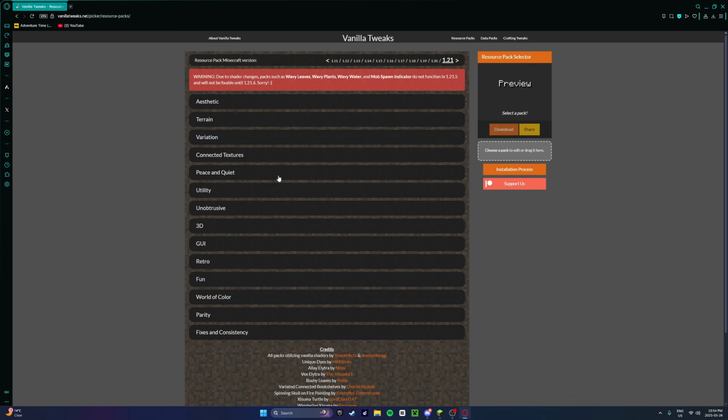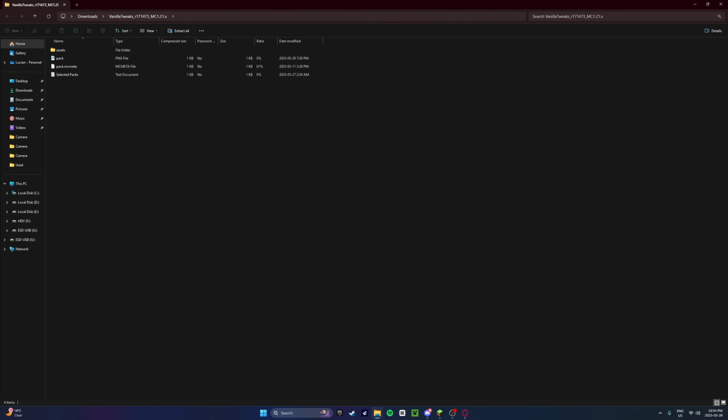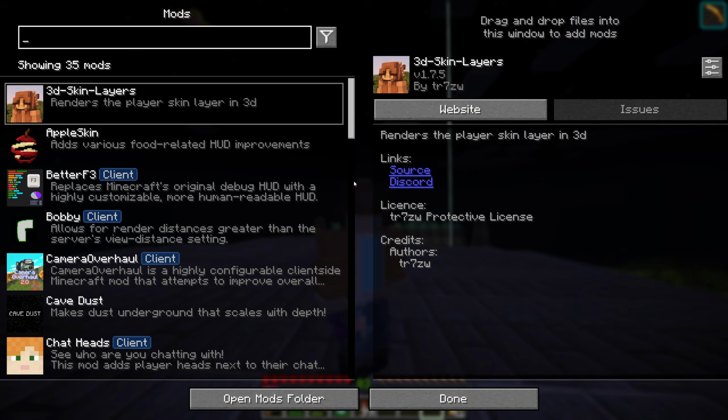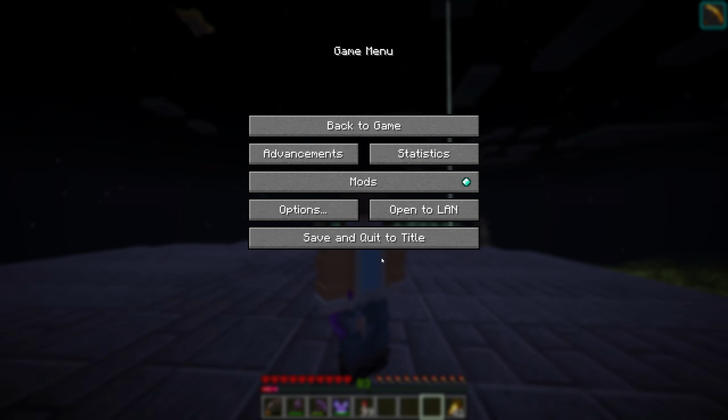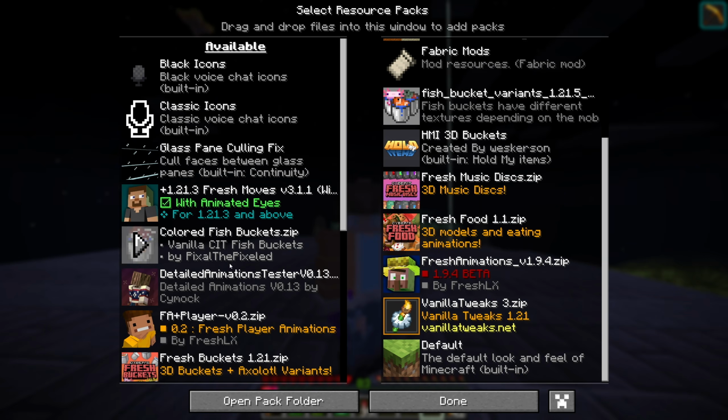But yeah, you pick what you want, customize it, do whatever you want, and then download. You download it, and then you put it into your texture pack folder. But yeah, that is it for all of my mods and all of the texture packs that I actively use. These ones are all,